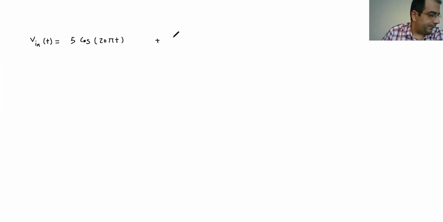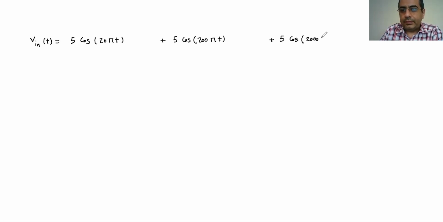Now let me go ahead and write both of the signals again one more time. So the input signal in the time domain is going to be 5 cosine 20 pi t plus the second one, 5 cosine 200 pi t, and the third one was 5 cosine 2000 pi t. And then we have the output signal,